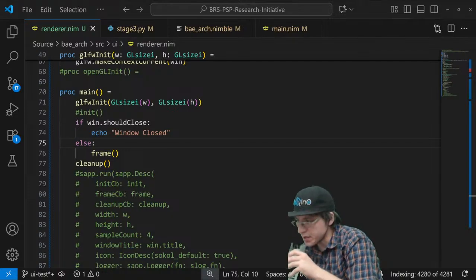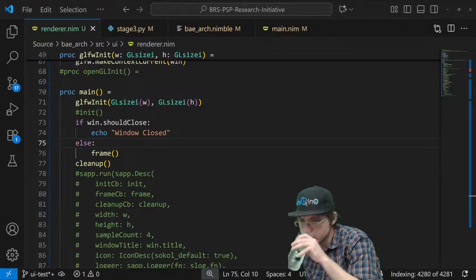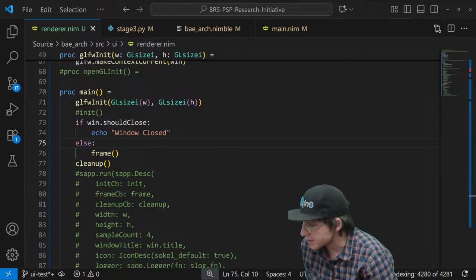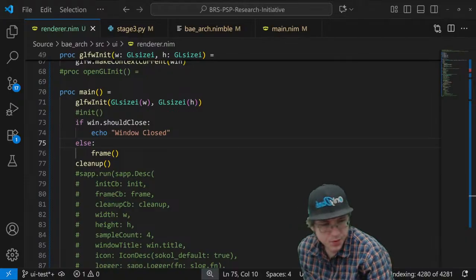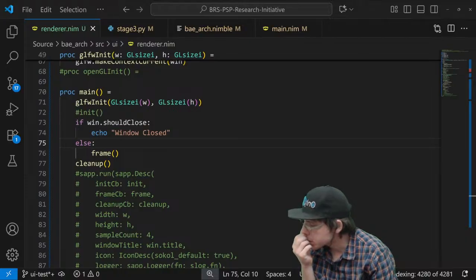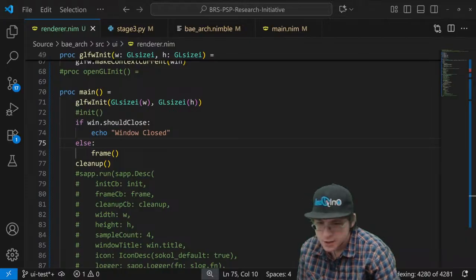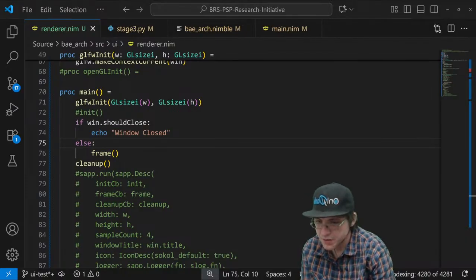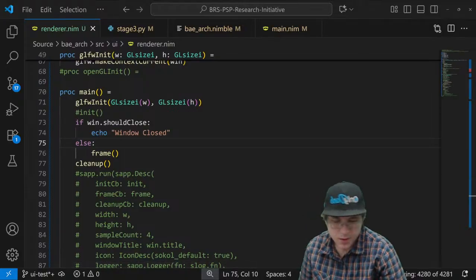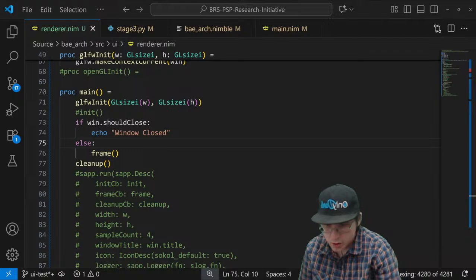I don't have anything that causes it to close. Let me try something. Yeah, I don't have any callbacks for it. Maybe I need to add a callback.